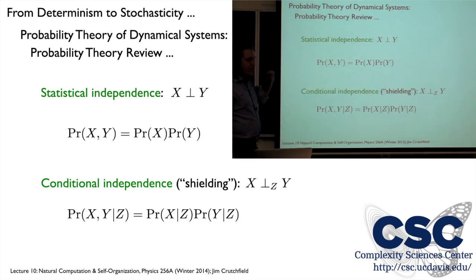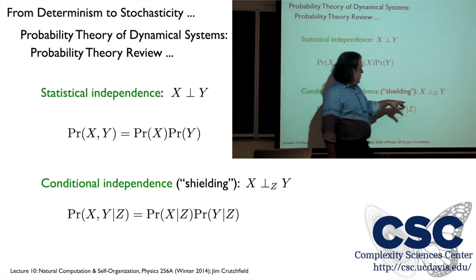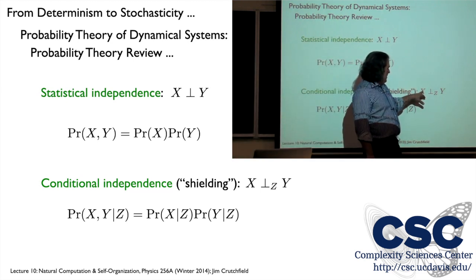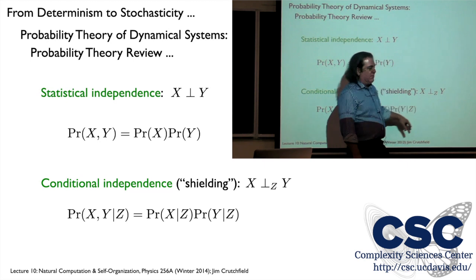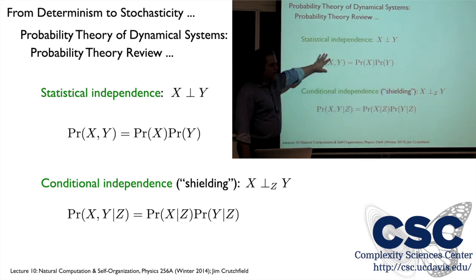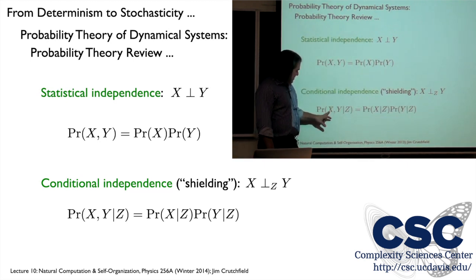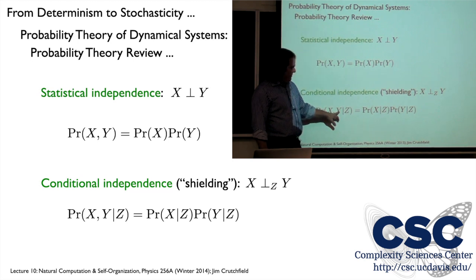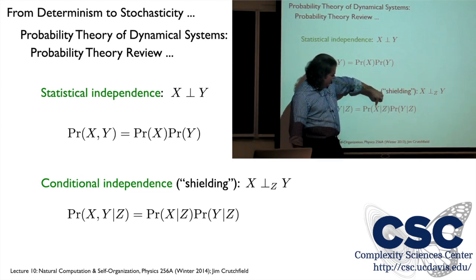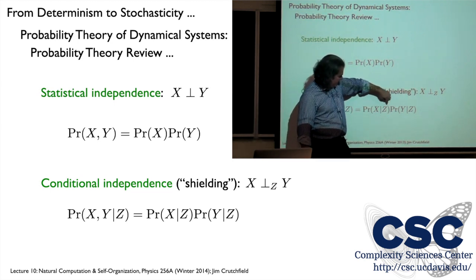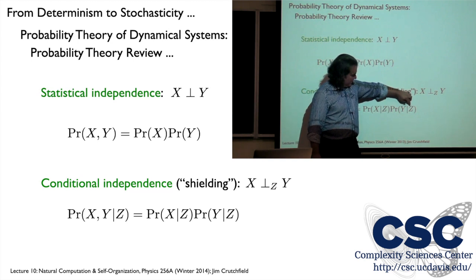A slightly enriched version of this is called conditional independence. So now we're asking, is x independent of y given some other knowledge, call that random variable z? So it's just a generalization of this. We say that x and y are independent given z if this joint conditional distribution factors into the product of the marginal uncertainty of x given z and the marginal uncertainty of y given z.